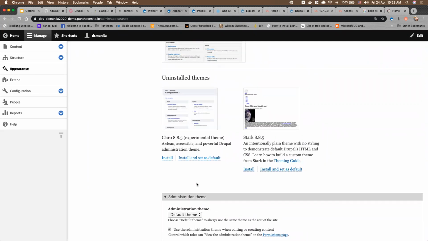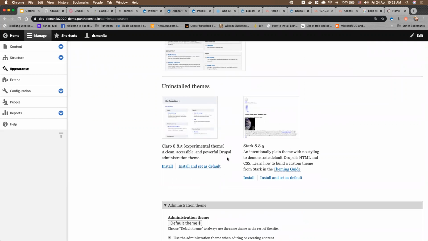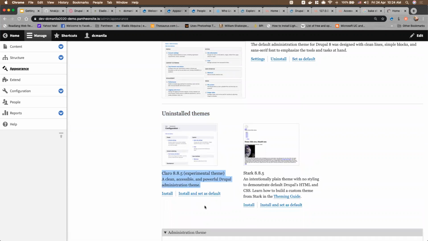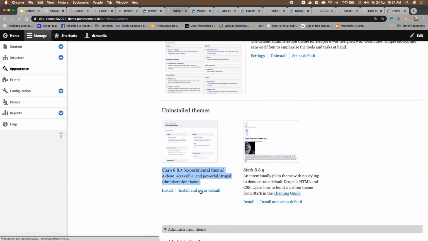There's a number of themes that you may have seen as I was scrolling down that are not actually running. They're called uninstalled themes. Uninstalled means it's not active, it's not running on your site, but it's actually in there. It's part of your code. The files to make these themes run, the CSS files and all the template files, are in there, but right now these themes are just not running at all. I may want to use this other theme as my administration theme. It's called Claro, a clean, accessible, powerful Drupal administration theme. So let's try that. If I click install and set as default,